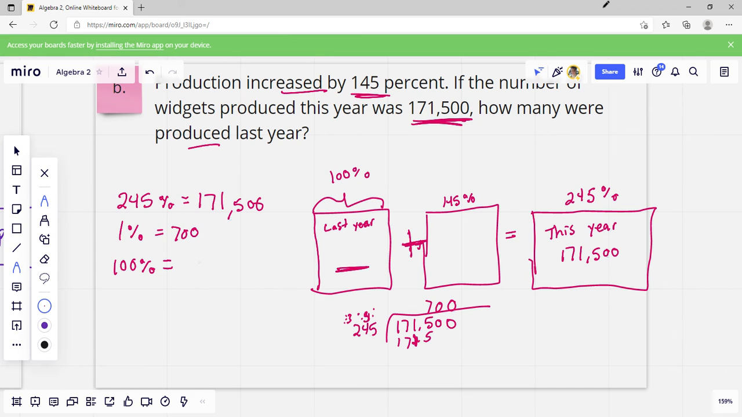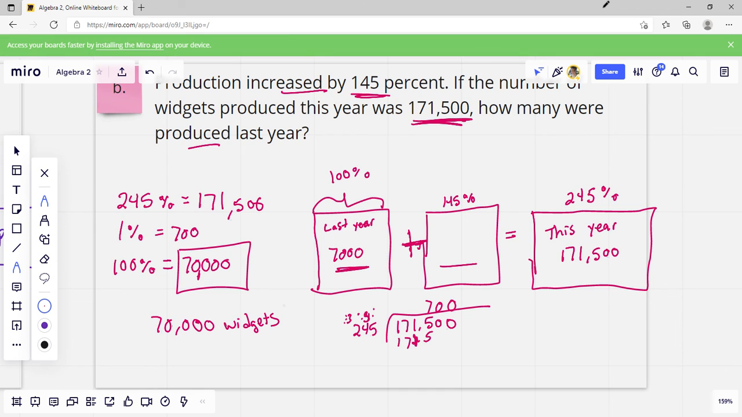Then to get 100%, we just multiply that times 100. Oops. So we add 2 more zeros on, and we get 70,000, and that's our answer. If we multiplied that times 145%, which would be times 1.45, then we would get the number that goes here, and then we would add those two together to get that one. You don't have to do all that, as long as you got that number, 70,000